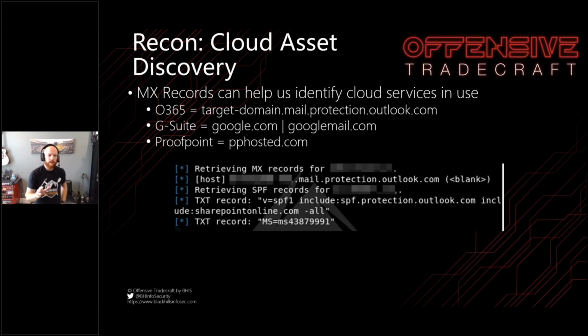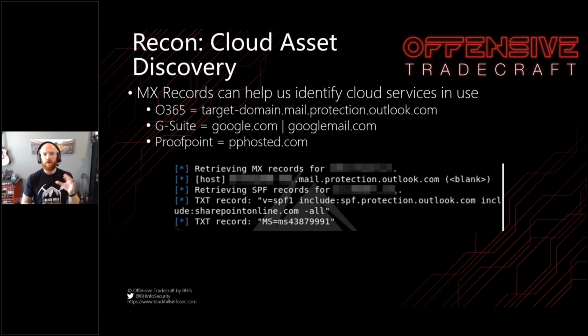Okay, this is probably one of the first real cloud-specific items in this Recon so far. We're going to talk about MX records. MX records basically point to where an organization's email assets are hosted. And a lot of times, if you just look up the MX records, like I mentioned Recon-ng earlier, there's a module for this that will just straight up point to these different domains,